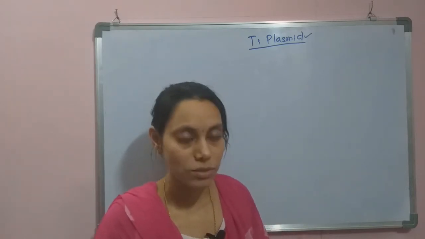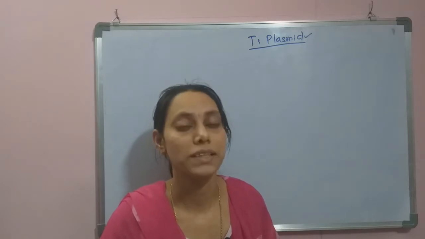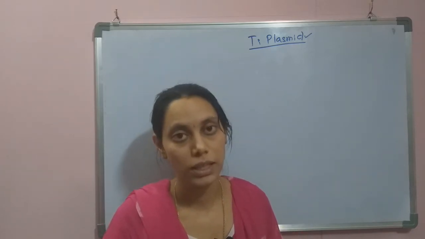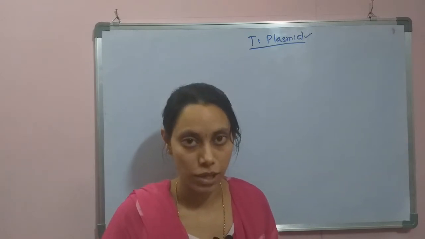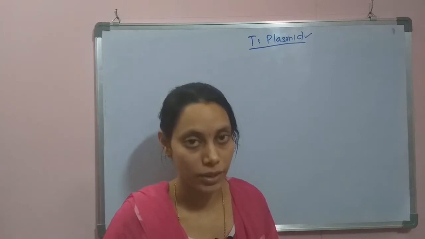In this video we are going to have only the basic idea of the TI plasmid. That means what exactly the TI plasmid is and why it is important, and what are the components present on the TI plasmid, followed by their functions. That means what are the different genes present on the TI plasmid that are responsible for this very agrobacterial infection that leads to the disease called crown gall disease.